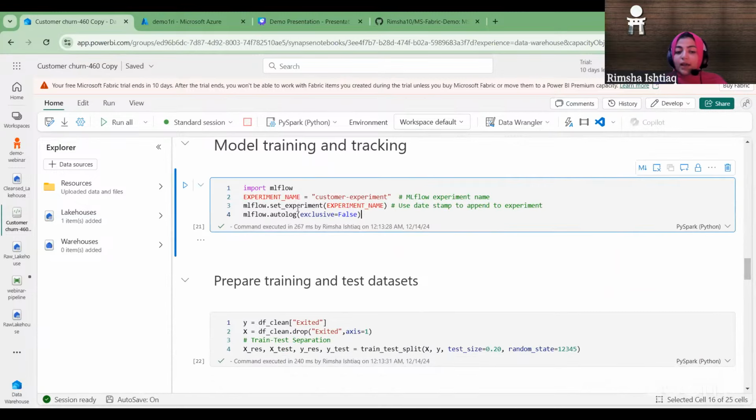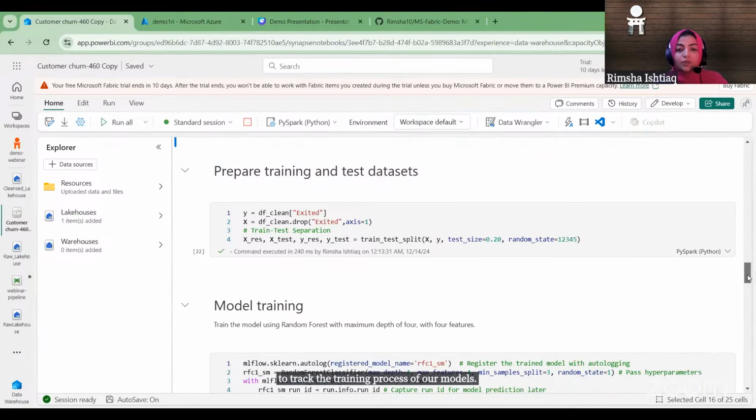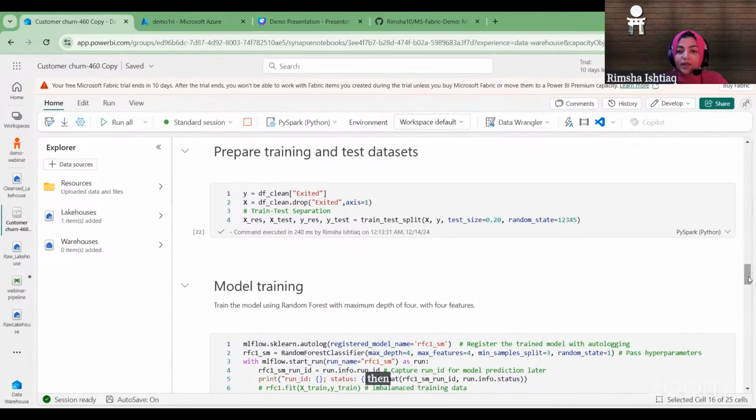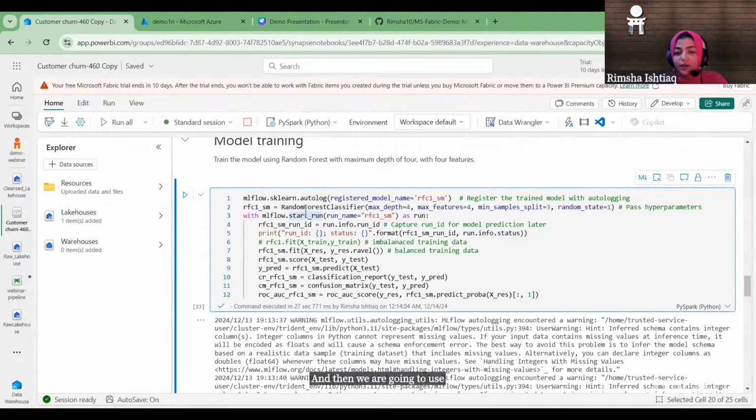Okay, and then we are using ML flow. We are setting an experiment. So we have created this experiment with name customer experiment to track the training process of our models. Then we are preparing our data set, splitting it into the training and test sets. And then we are going to use the random forest classifier as our first model,